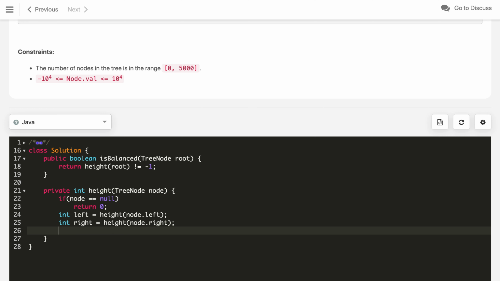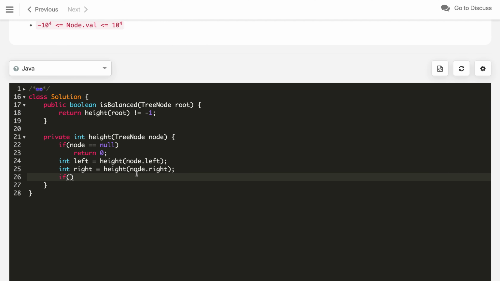Now, the condition for when it is not balanced, we will check over here. If left is equal to -1, or if any left subtree is unbalanced, which means the whole tree is unbalanced, we need to propagate this all the way up to the top. That is why we are checking here. Similarly, if the right subtree is unbalanced, then we will return -1.